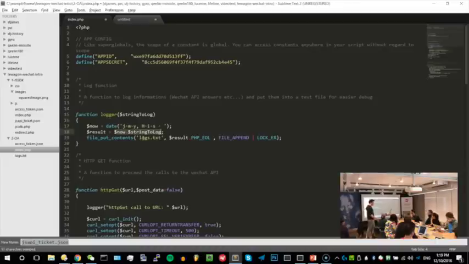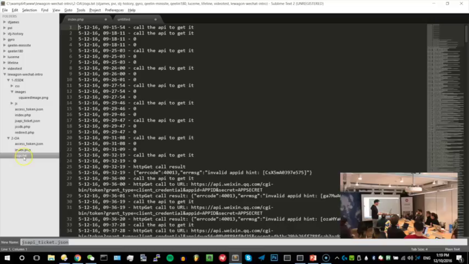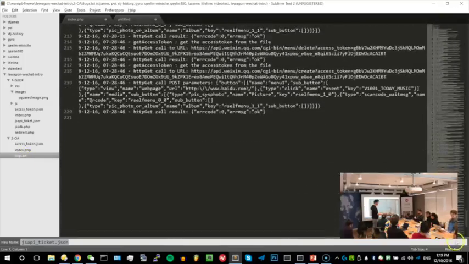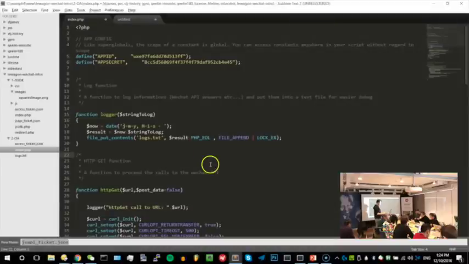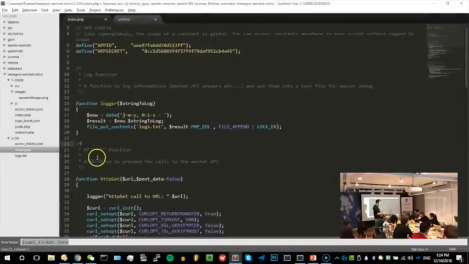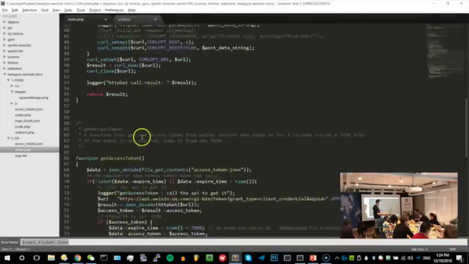So why is it important? Especially when communicating with servers, you don't have direct feedback. As you saw with the JS-SDK, the direct feedback for me was, oh, there is an error, so something is wrong in my code. But here the logs are much harder to get directly. There is not gonna be a visual feedback. So that's gonna be your feedback. And you see, that's when I started developing the stuff, that's all my log. Okay, so I created this logger function and the HTTP GET function with a data call, and we are ready to go.